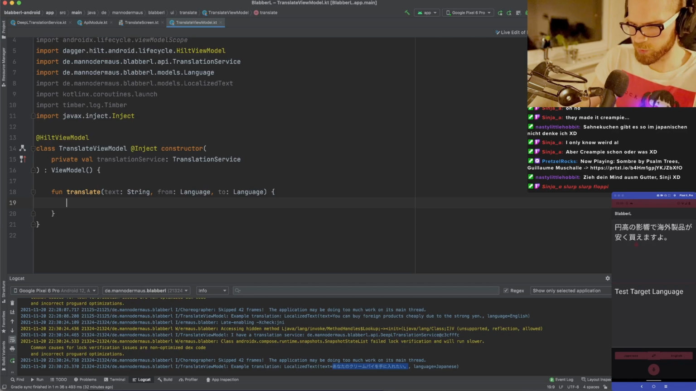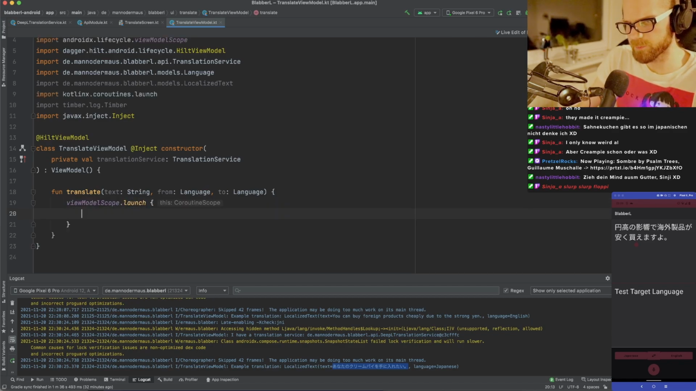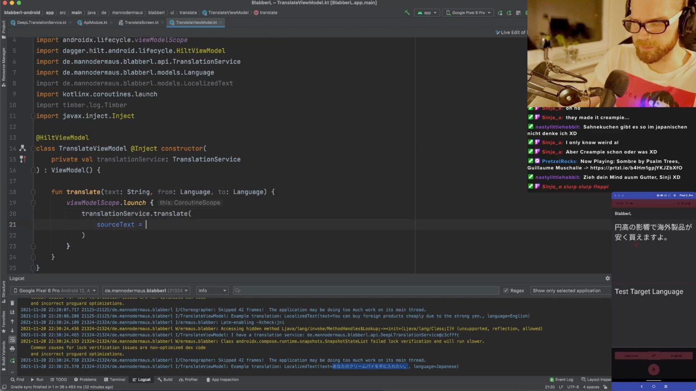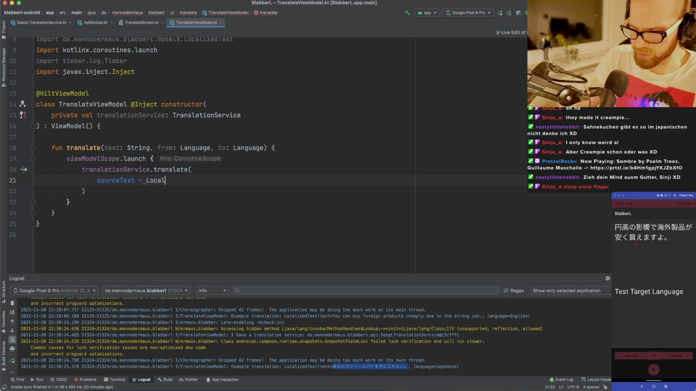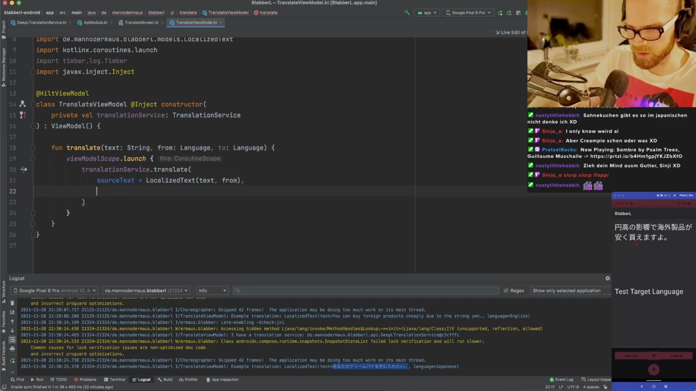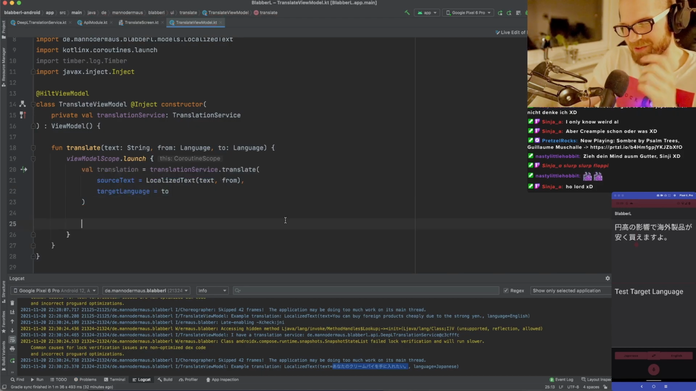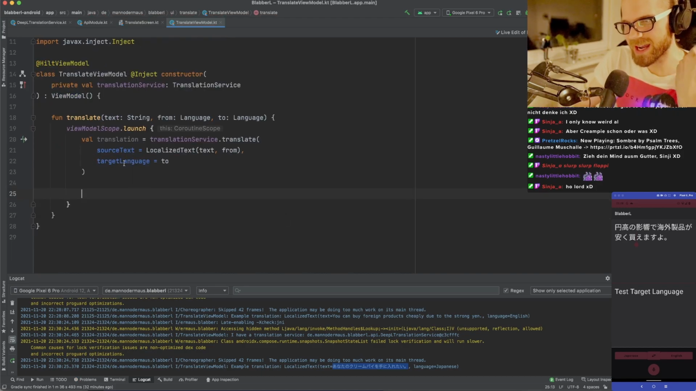And then the view model will do a launch, like asynchronous work and stuff. It will tell the translation service to do this thing. Basically, we are adapting our hard-coded test from just a minute ago to actual code. Oh no. Oh, that's actually right. Target language is 2. Get the translation from it, and then we update the state,